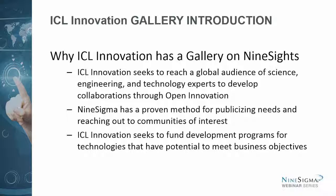Yes, Ziv. Okay. So, ICL Innovation, just to give you a background on this, is the open innovation arm of the ICL group. We started our work about 3.5 years ago, and we serve the entire group's open innovation needs. The way we do it is that we go to the business units, we basically ask them what are their technological unmet needs, what are those technologies that could bring them to the next product, the next service that they can offer. We then go and publish those needs, and we do this through open innovation portals, and the main